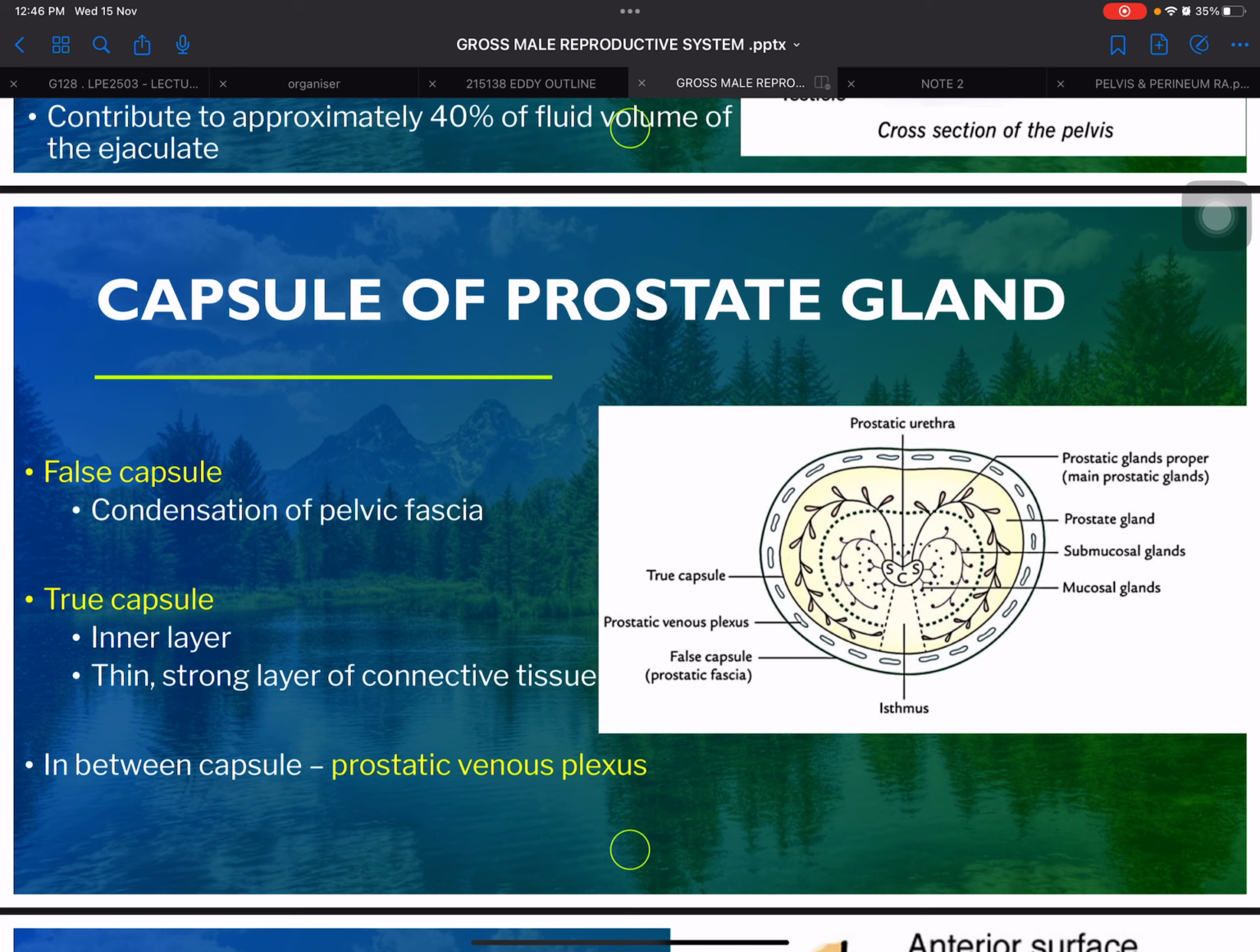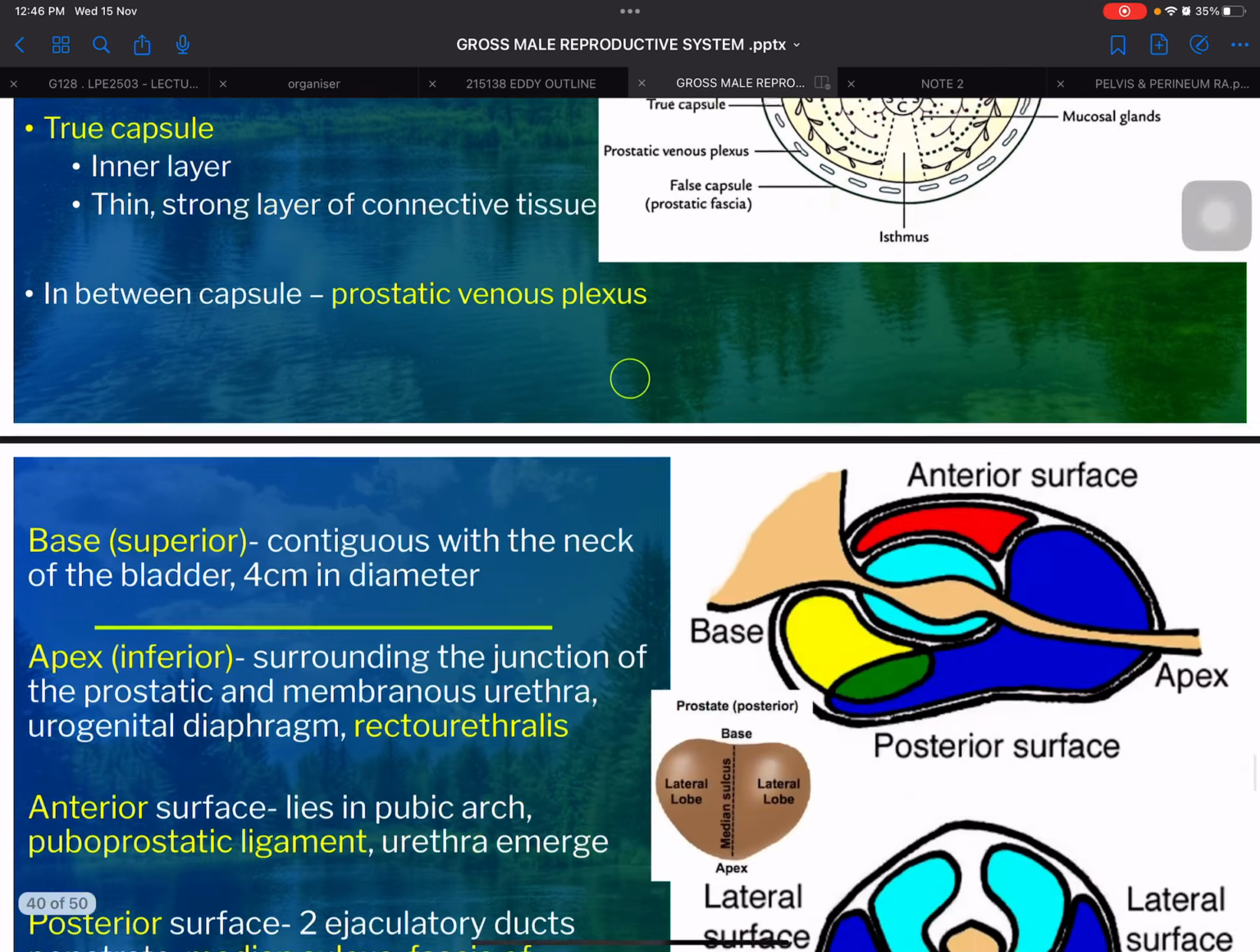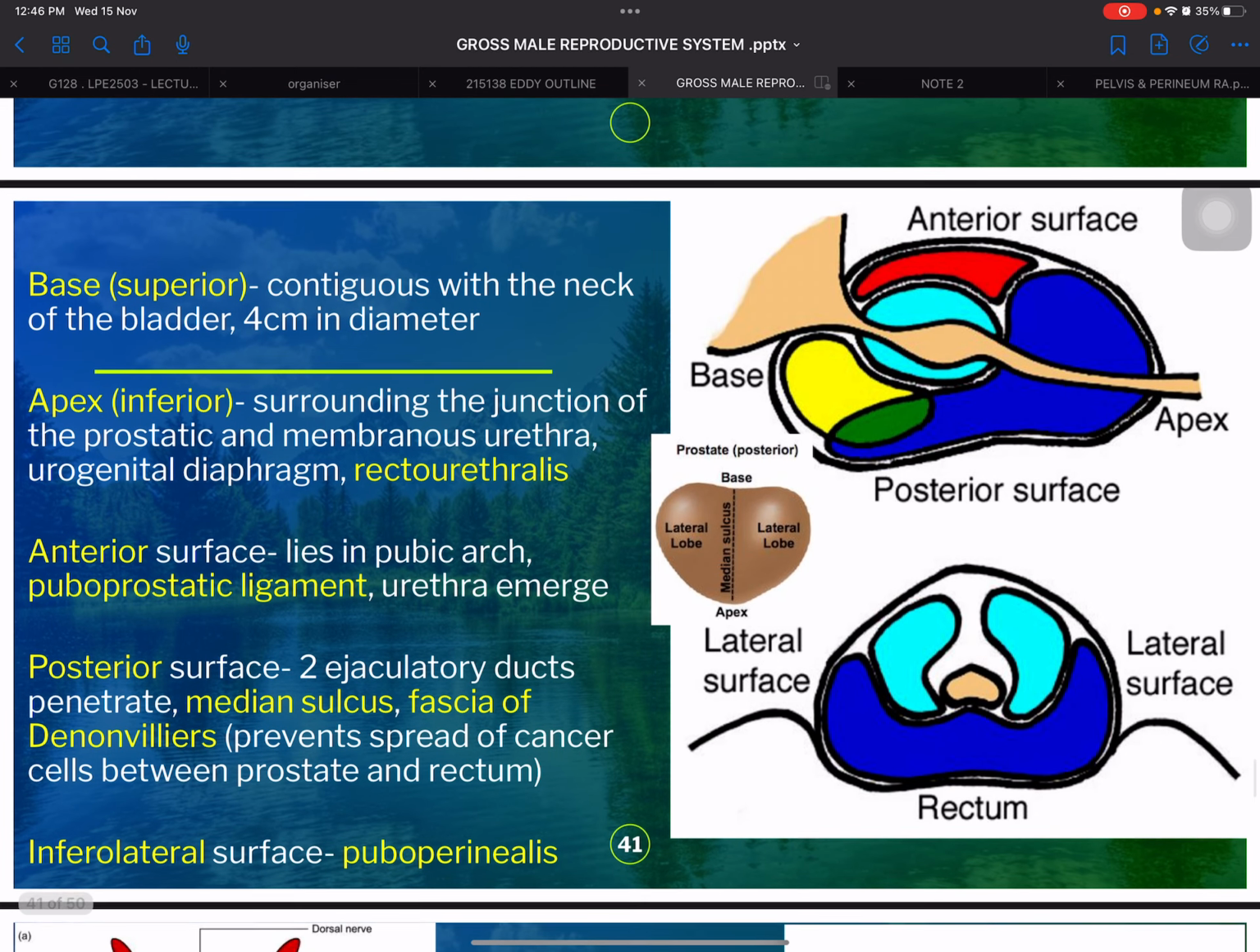Okay. So the location is between the true capsule and false capsule of the prostate gland. This is the location of the prostatic venous plexus. Base is superior, apex is inferior, and this is anterior, and this is the posterior